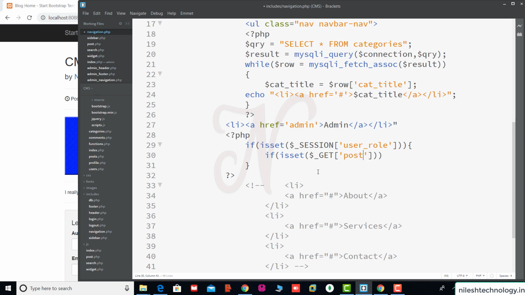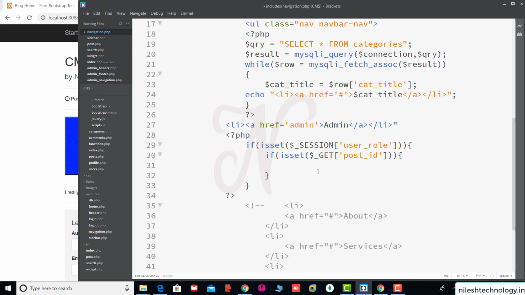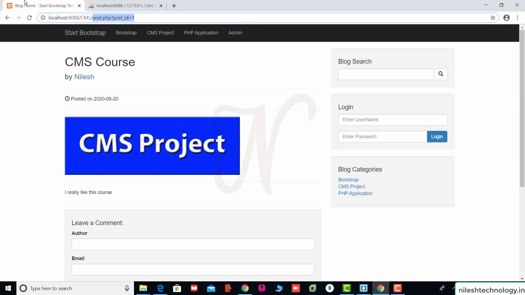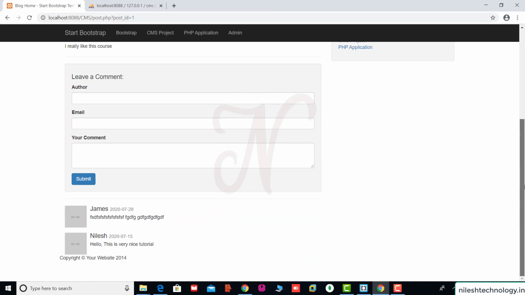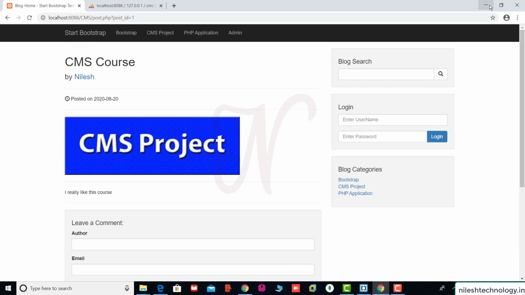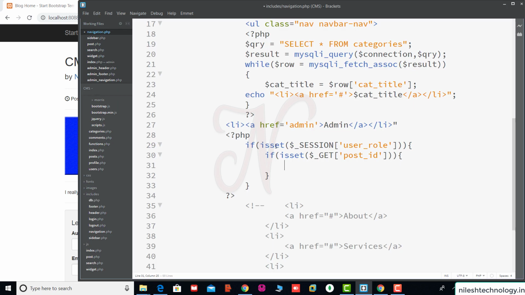So check here, if it is post id, then you are in a specific post. So if both my conditions are true, you are logged in as admin user, and here we set the post id, then we are in if condition. So here we give one link echo like this way.